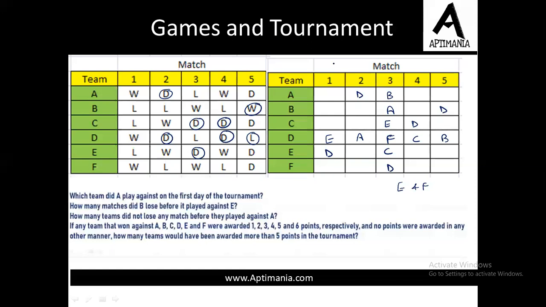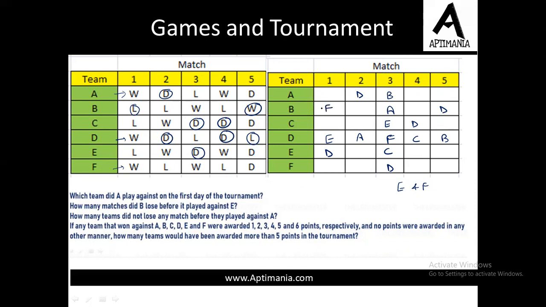Now see, if we talk about the matches on day 1, so B lost his match. Now it could have been played with either A or D or F, क्योंकि इन्हीं तीनों ने मैचेस जीते हैं, right? But out of A, D and F, we have already filled D over here. Fine. तो यहाँ पर अब D नहीं आ सकता है. Now we are left with only two options, that is either A, but A भी हम fill नहीं कर सकते क्योंकि A से उनका मैच थर्ड को हुआ है. B has played his match with A on third, so now we are left with only one option, that is we can say F. तो यहाँ पर F आएगा.